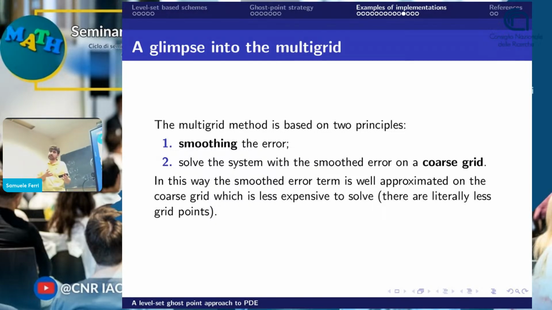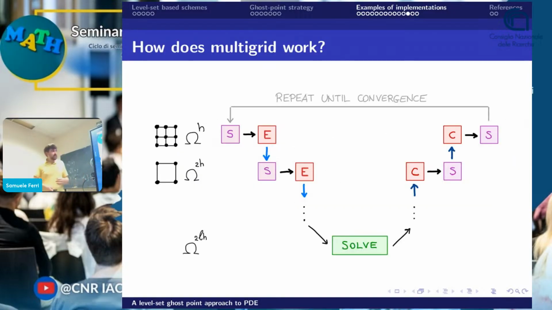We have fewer points that are used to solve the system, and that is just a scheme of the multigrid. So we start from the finest grid we want to use, then we smooth, we extract the residual, and we project it on a coarser grid. For example, we just double the space step, as you can see in the picture here. And so we do it again: we smooth, we project, we smooth again, we project, until we reach some